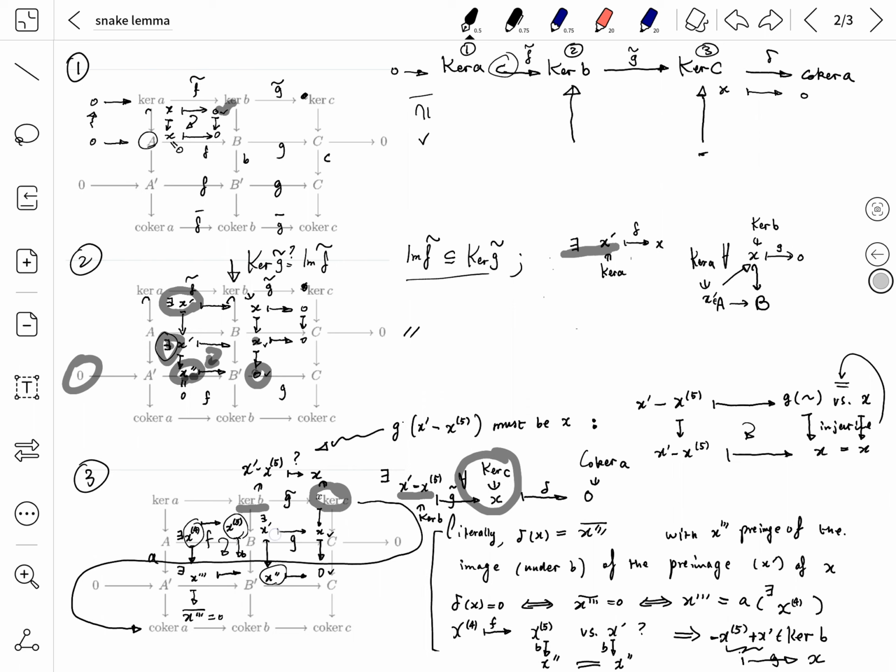But recall we have x prime, whose vertical image is also x double prime. This tells you that this element and this element, their difference is in the kernel of B. In particular, x prime minus x5 is in the kernel of B. Another thing about x5 is that it is mapped to 0 horizontally, because it comes from x4. If you compose with two maps, it's 0. So that doesn't hurt this image x, which means if you look at x5,